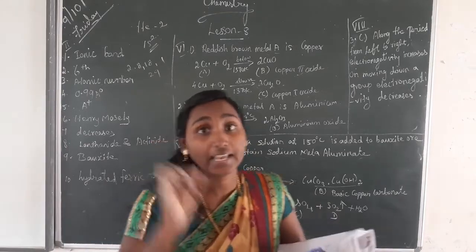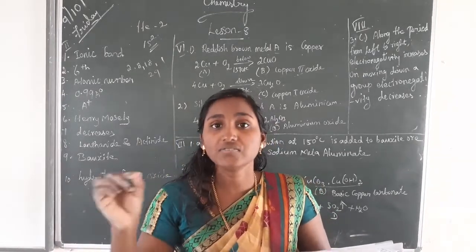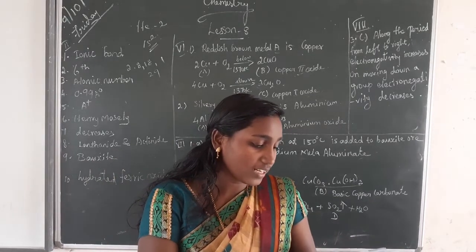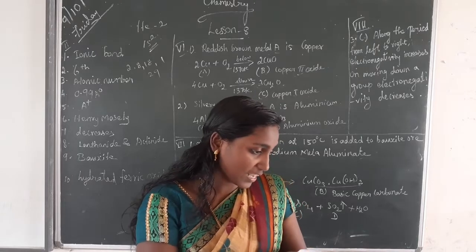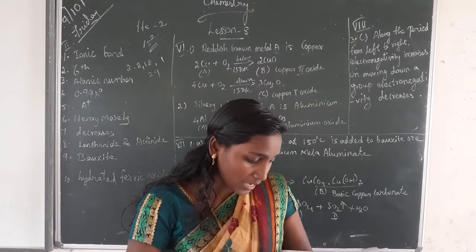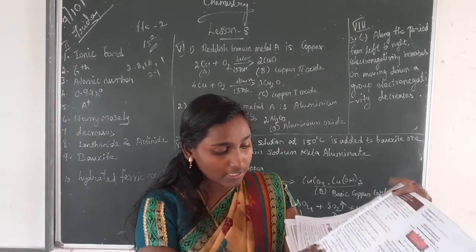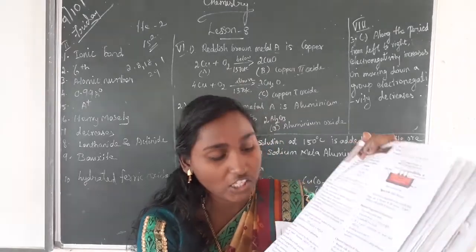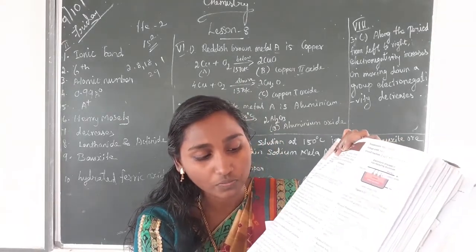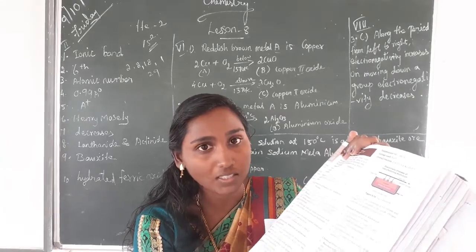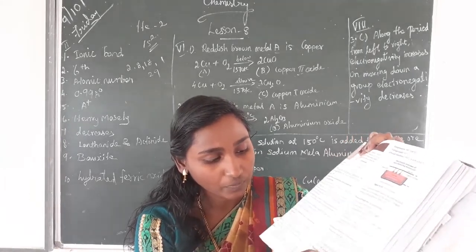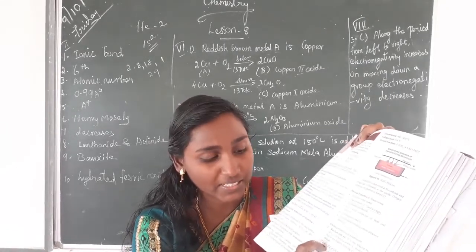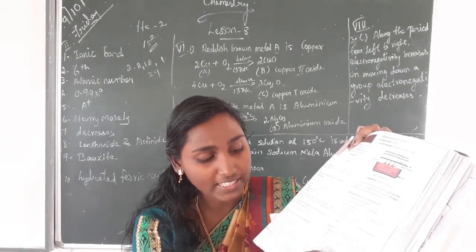Then A reacts with steam to form B. Steam means red hot A. That means red hot aluminium reacts with the steam, water, to form B. And A with strong alkali to form C. We can mark this question's answer. Take page number 115, all of you. Chemical properties of aluminium. Under this topic, the first equation, 4Al plus 3O2 gives 2Al2O3, aluminium oxide. So mark this first equation. Here A is aluminium, B is aluminium oxide, note it. Near that write capital A, then Al2O3 near capital B.